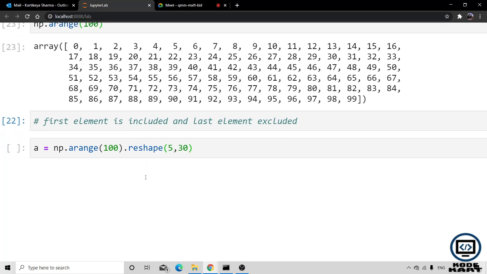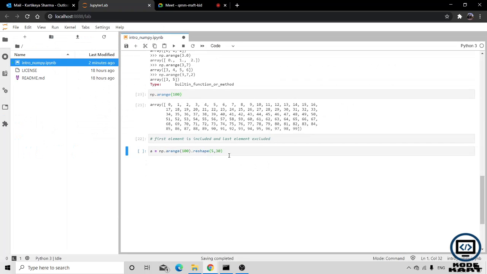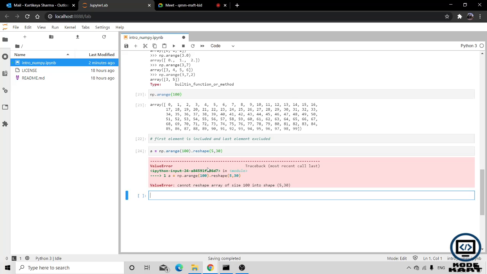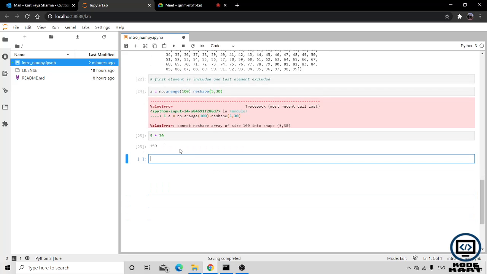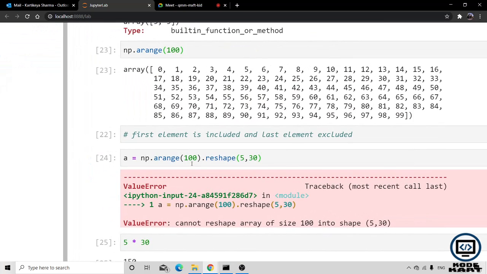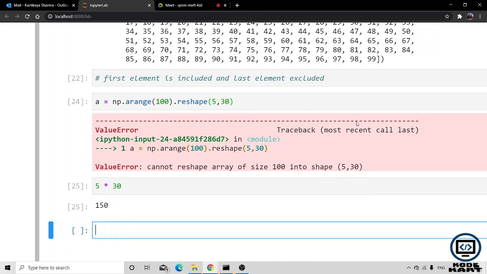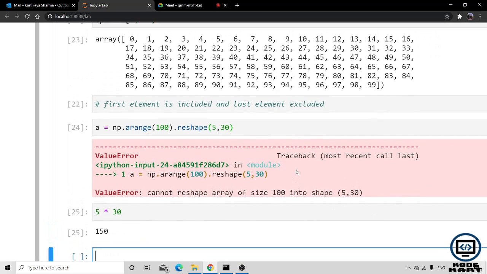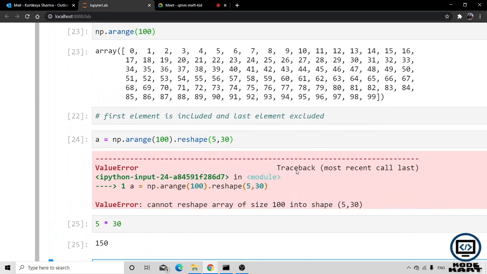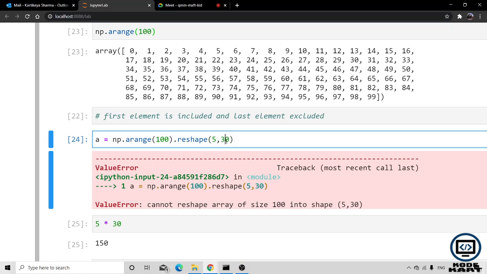So if we multiply 5 cross 30, it is 150, but the elements are 100. That is the reason it is giving you an error. The reshaping cannot be done because the product of the reshape dimensions is 150 and the number of elements is different. The product of the reshape dimensions must equal the number of elements in the array.